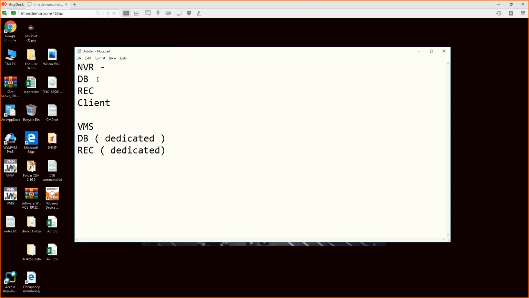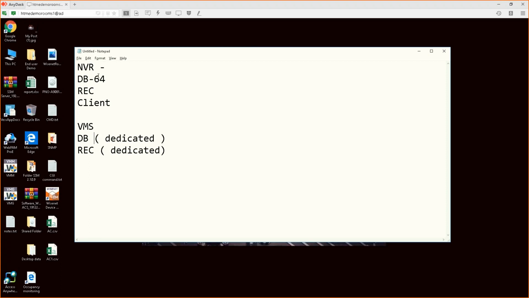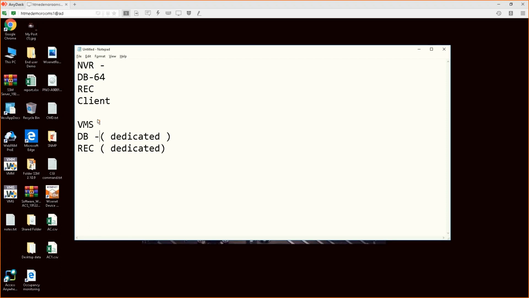When you separate it, instead of 64 channels in an NVR, in a VMS the database can go up to 2000 cameras, 3000 cameras, 10,000 cameras, because you have dedicated hardware processing the database.